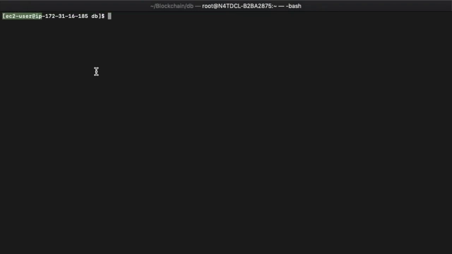Friends, to set up Docker, the very first thing we would do is update the installation packages. To do that, we need to run sudo yum update -y.